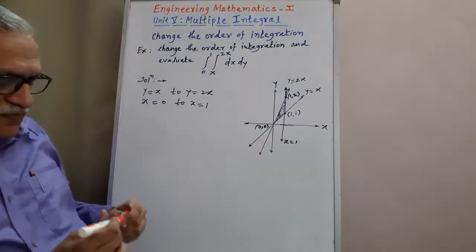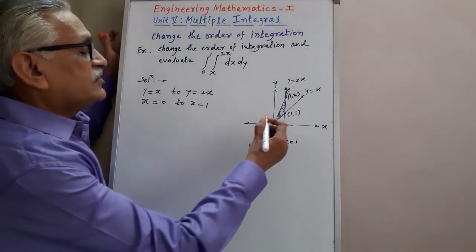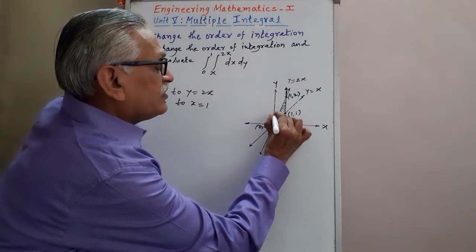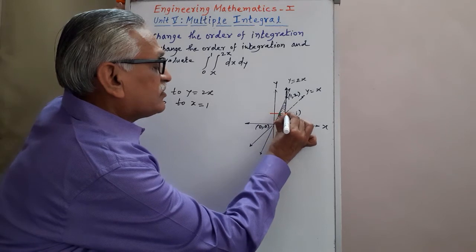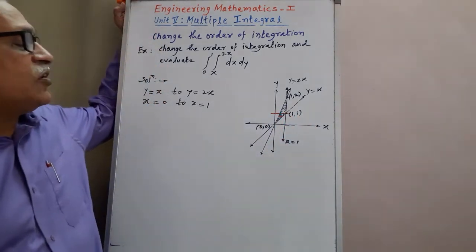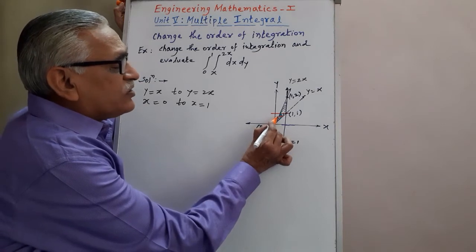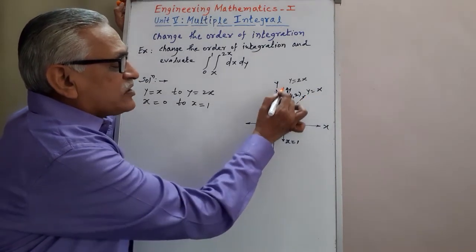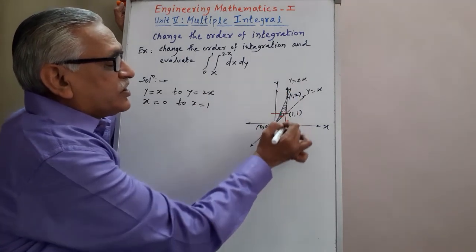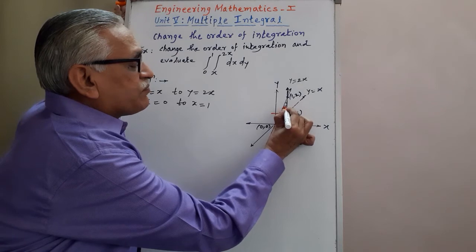This is one strip, and this is the point where that region is divided in two parts. Therefore, I will make a dotted line to separate that region. Lower end lies on this line and upper lies on y equal to x. If you go above this line, the second curve is changed, and therefore we have to show one more strip.